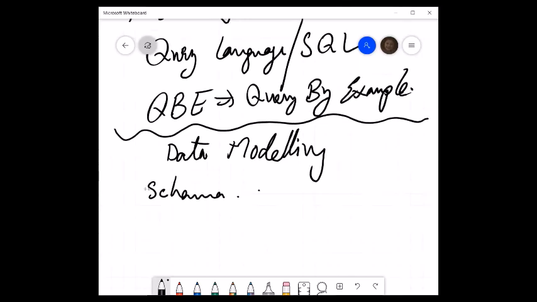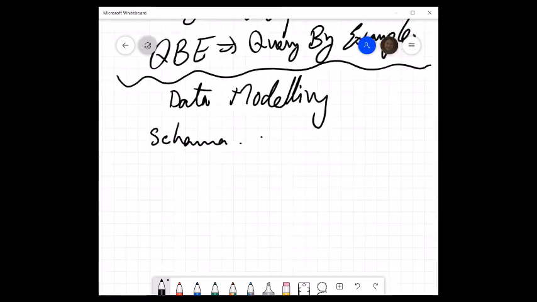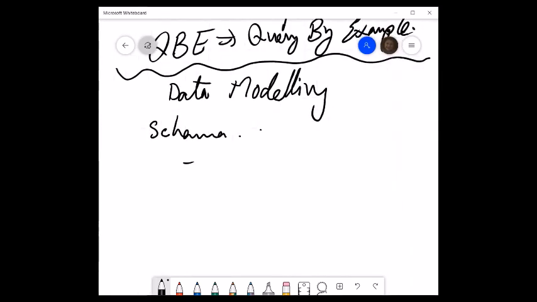Schema means it defines its entities and the relationship among them. Database schema is a detail about the database, which can be depicted by means of schema diagrams. And all the activities which the designer has to do to create this database, that is explained in schema. And you can look at one logical schema